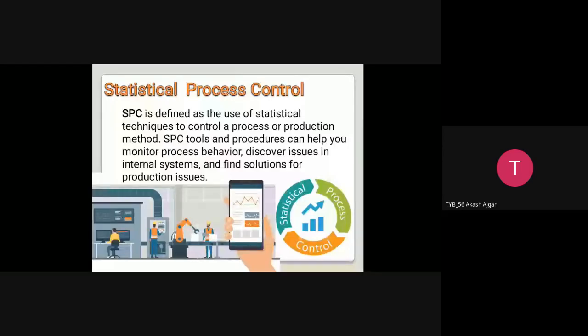Simply, it is one of the quality assurance tools in production and a tool for continuous improvement. We have seen the 7 quality control tools; SPC is one of the very important tools for continuous improvement in our quality process. It is defined as the use of statistical techniques to control the process or production method. SPC tools and procedures can help you monitor process behavior, discover issues in internal systems, and find solutions for